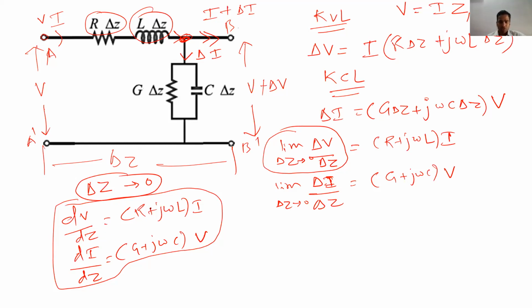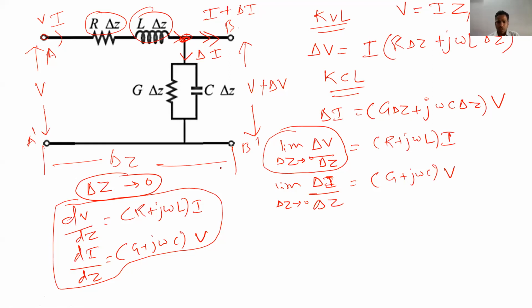Okay. So these differential equations are, like in the syllabus introduction we saw, we first understand the parameters R, L, G and C. And there are more parameters we will study. And this is the equation of the transmission line, dV by dz and dI by dz. Okay. So this is a differential equation, and we need a solution to this.